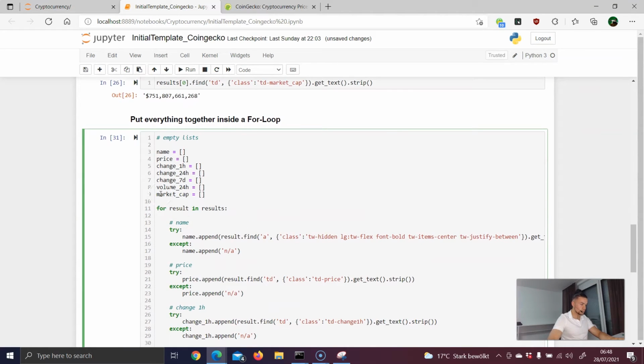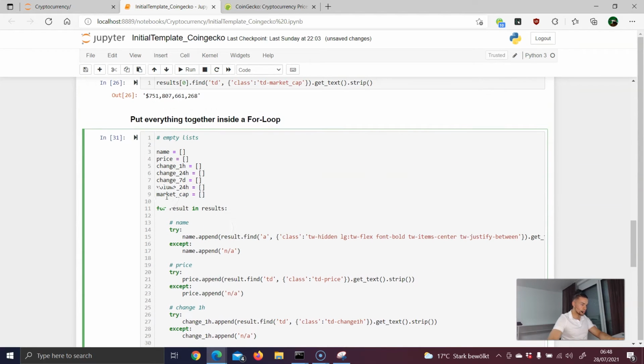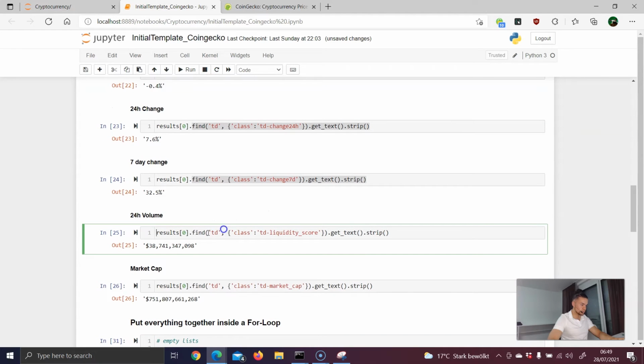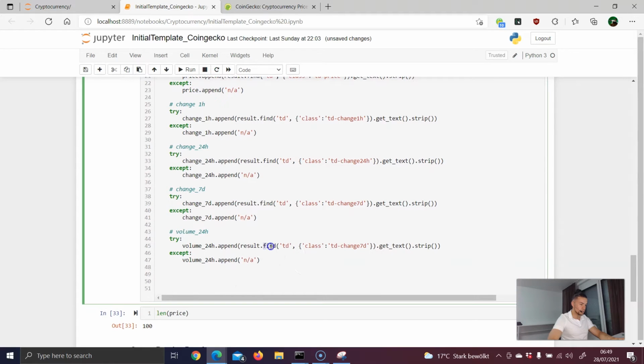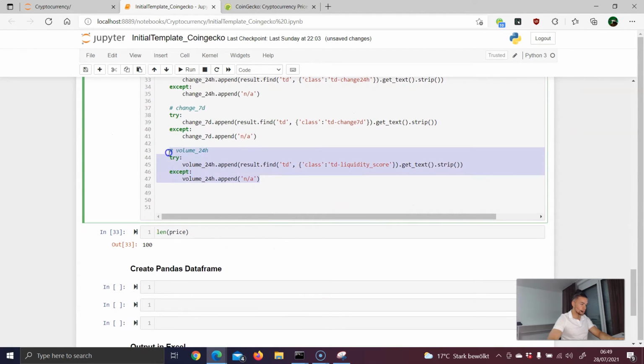That's it. Next, volume 24 hours, but first let's copy these lines, paste it here, and now copy this 24 hours, back down, replace the old one with the new one, and now also this expression here, it's this one. Okay, copy that, back down, paste it here, and finally we have the market cap. Okay, so copy,